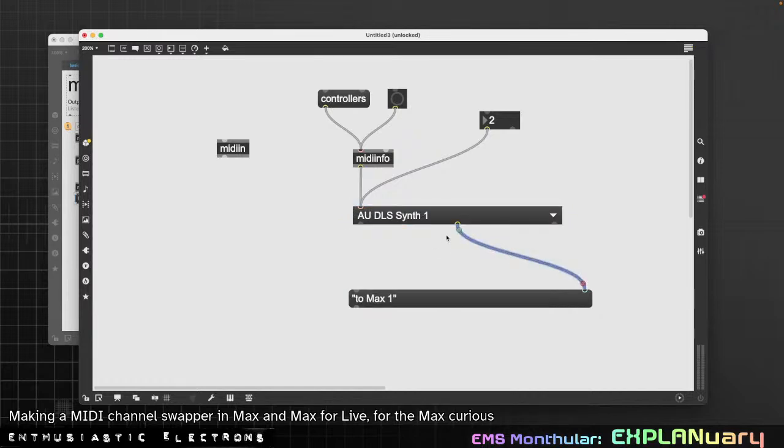So I think I'm getting into too much detail here. I haven't even gotten to the MIDI part of it. I need to speed up here. So basically,